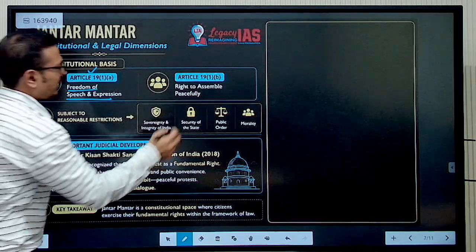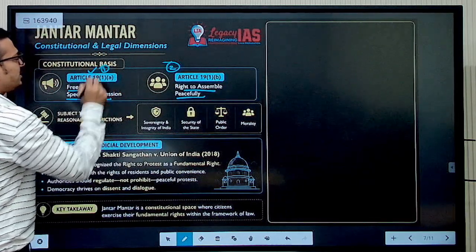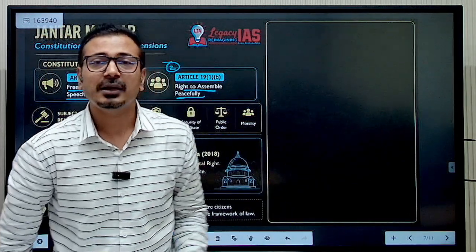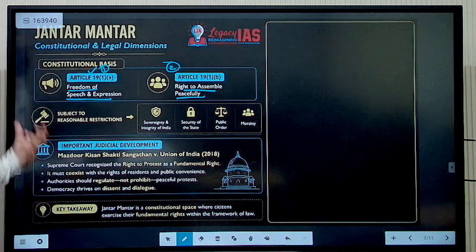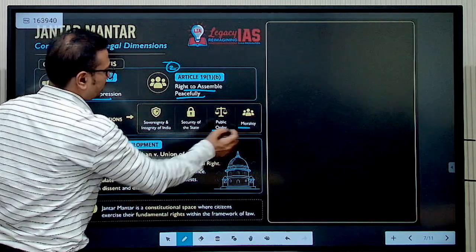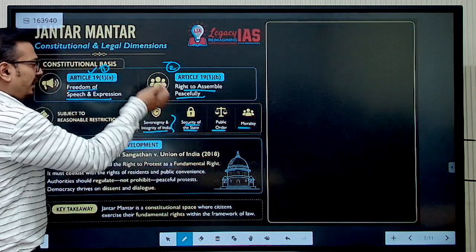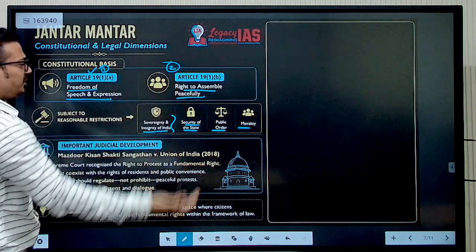Within that, there is a second right, the right to peacefully assemble. So these two fundamental rights are important, but they are not absolute in India. They are not sacrosanct also. There are reasonable restrictions: public order, morality, security of the state, sovereignty and integrity of India. In the name of all these, there can be restrictions on freedom of speech and expression,